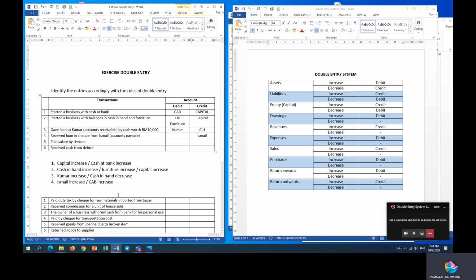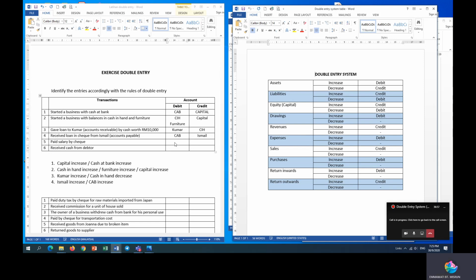And then your cash at bank increase sebab duit awak bertambah dalam bank. Asset increase, debit. So bank. So dapat tak debit dan kredit sini? Dapat kan? Asset increase, debit. So debit. Kemudian liability increase, credit. So this is the dual effect, the double entry system. One account debit, another account credit. How do we get this? By using these rules of double entry system.